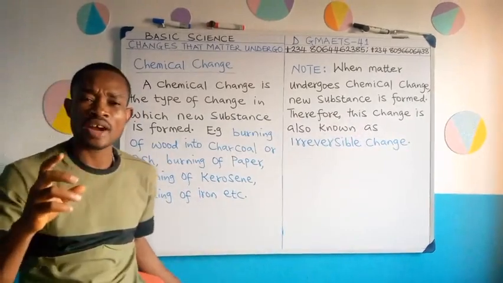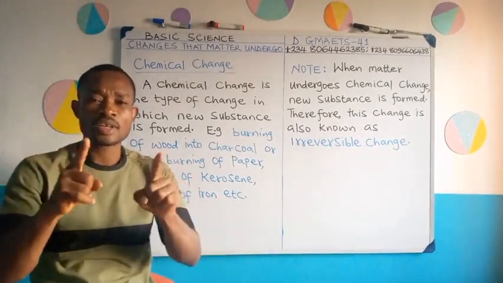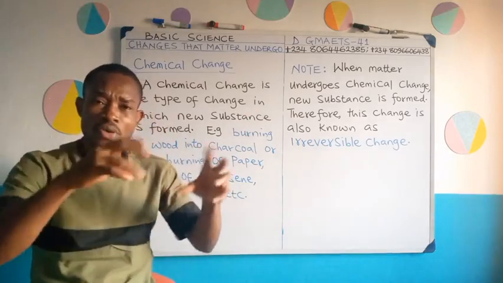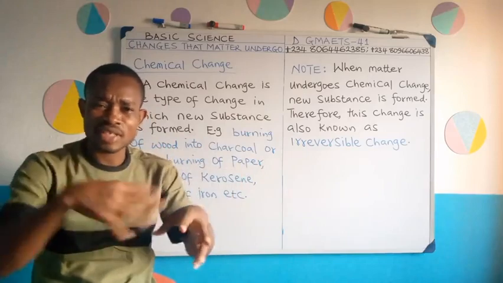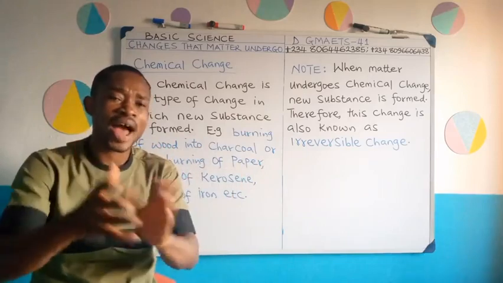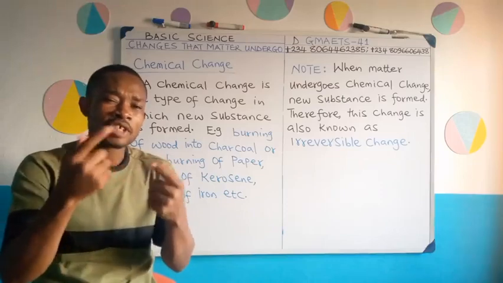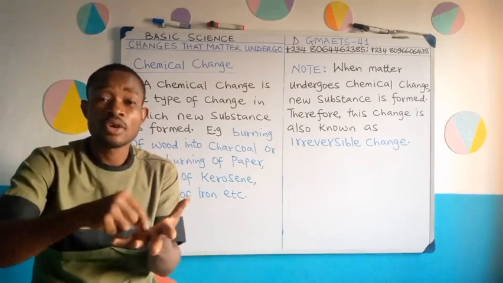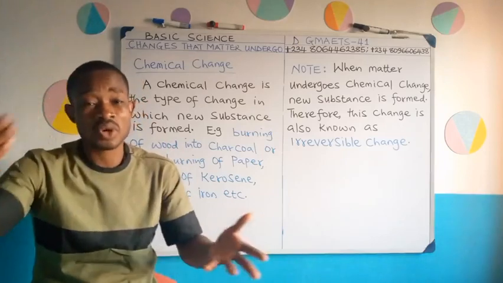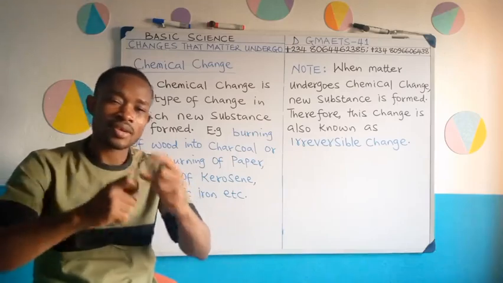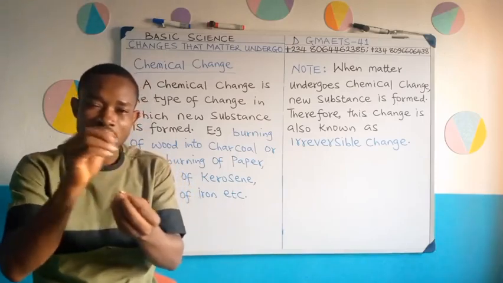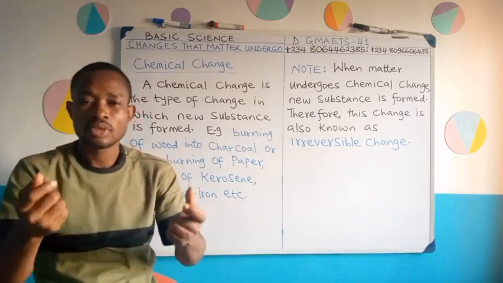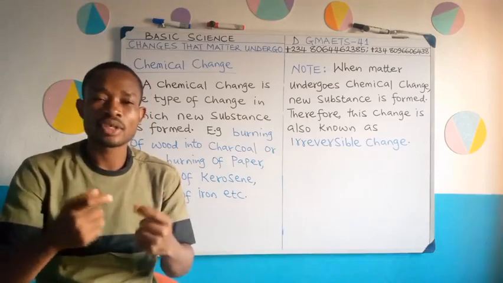Another example of a chemical change is rusting of iron. Have you seen an iron that rusted before? Maybe you go close to your window or your door at home, or any iron close by around your house. Watch that iron over time. You will notice that the color of that iron will not remain the same over some months or years. It will start rusting. You'll see the color changing to something like brown.